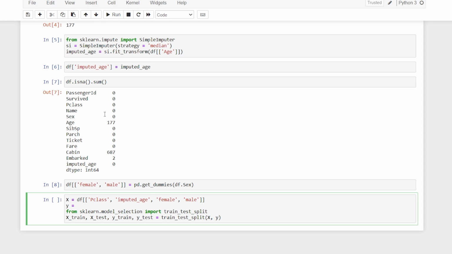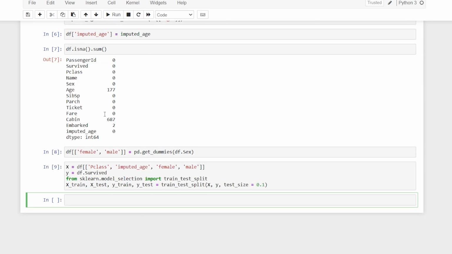And y is equal to df.survived, that is just one thing, and we are done. Here I'll say test size is equal to 10%, that is what I want to take, and we have it. The data is prepared.